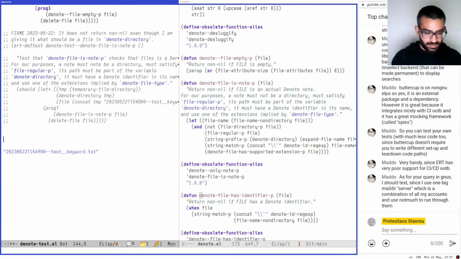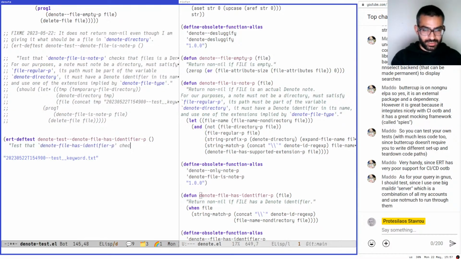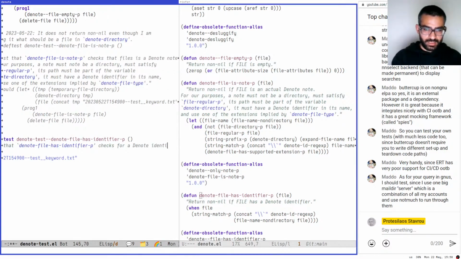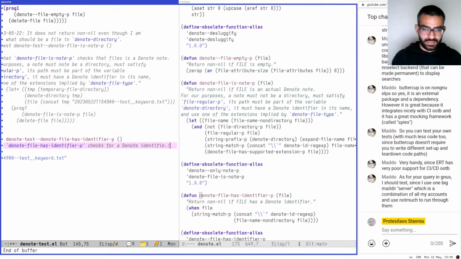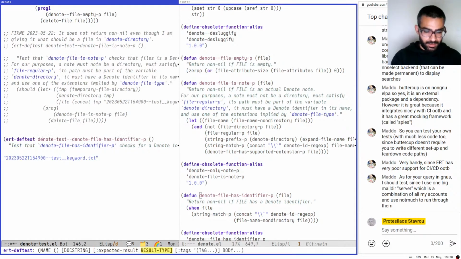Okay, let's see. ert-deftest, and then add this and this and this. Test that checks for a denote identifier. Identifier should